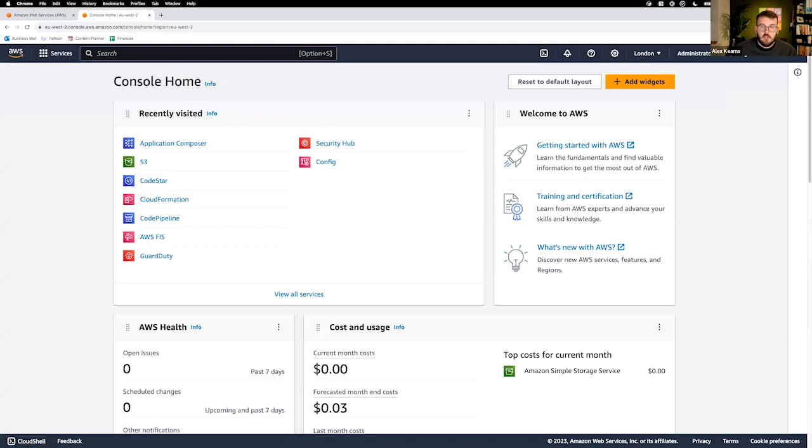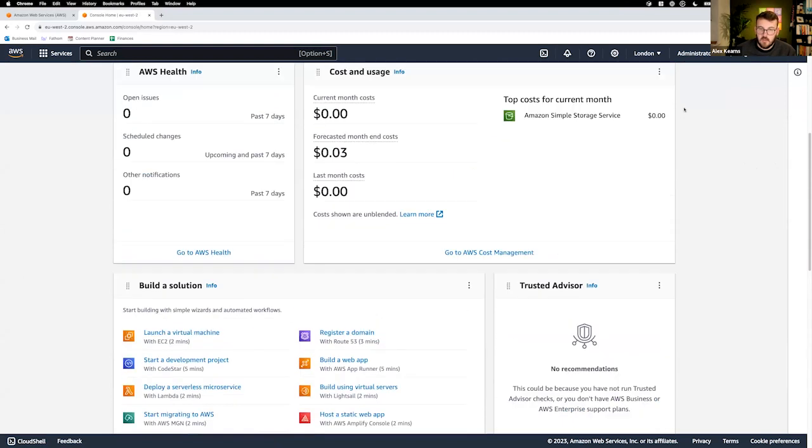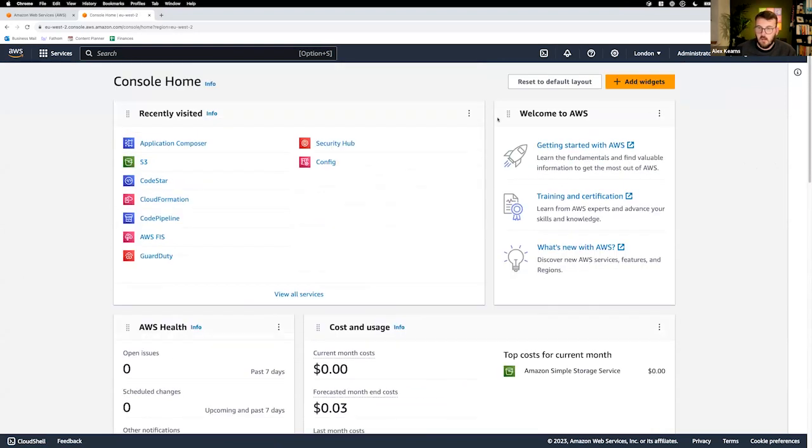Yeah, so this is the AWS console. When you open an account with AWS, you get access to pretty much everything straight away. So this is where you have to be quite careful, because some services are very expensive. You need to practice caution, and a real key skill as part of learning AWS is learning